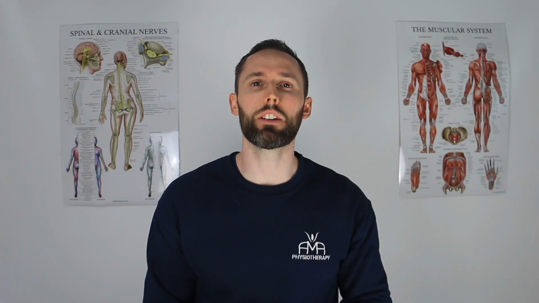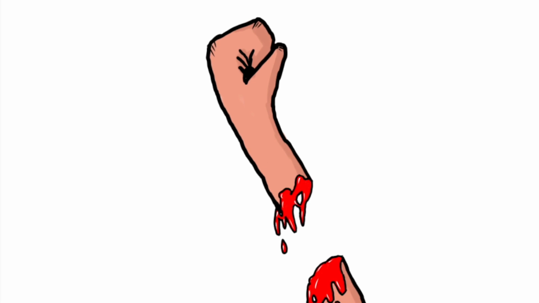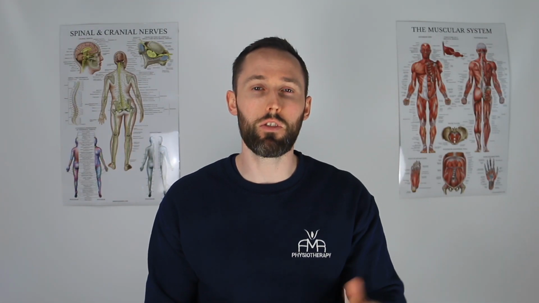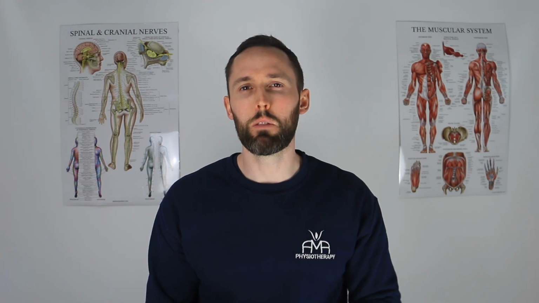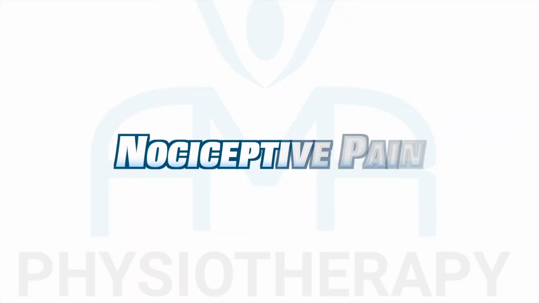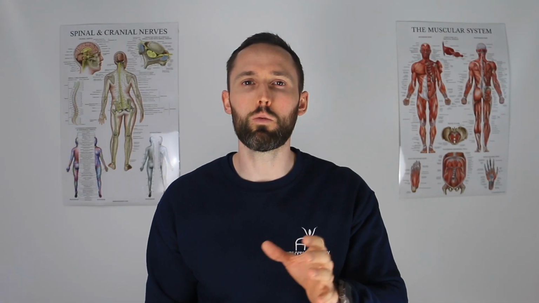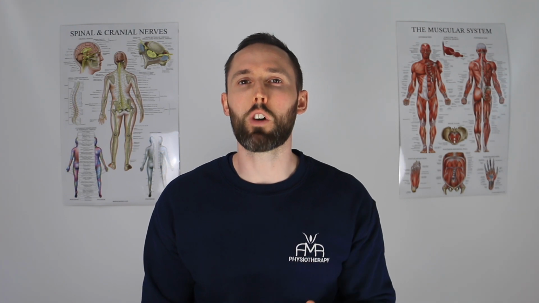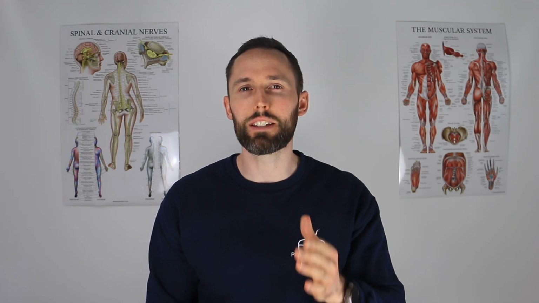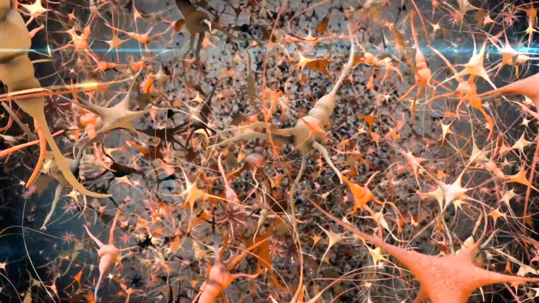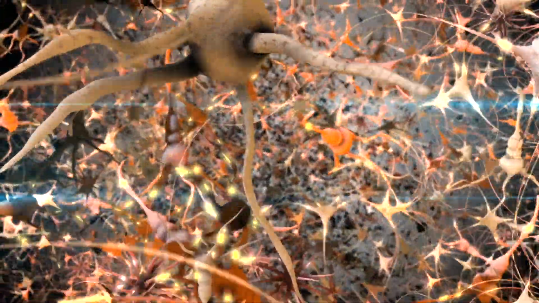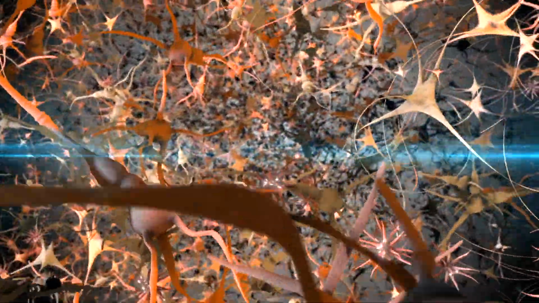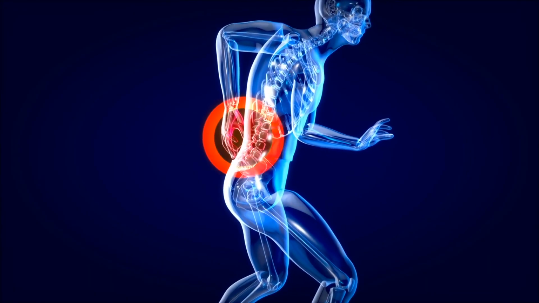We can take this with the idea that if you cut your arm off, we'd all agree that is painful. You will have sensory receptors, thermal, mechanical, chemical, which will detect this change in tissue. Now, if we talk about nociceptive pain, this can be either acute, so short-lasting, or chronic, which is longer-lasting. Again, it's more complex than this, but you can imagine that these receptors then send a signal up to the brain, which will interpret it and then send a signal back down, and that's what will create pain in that area.